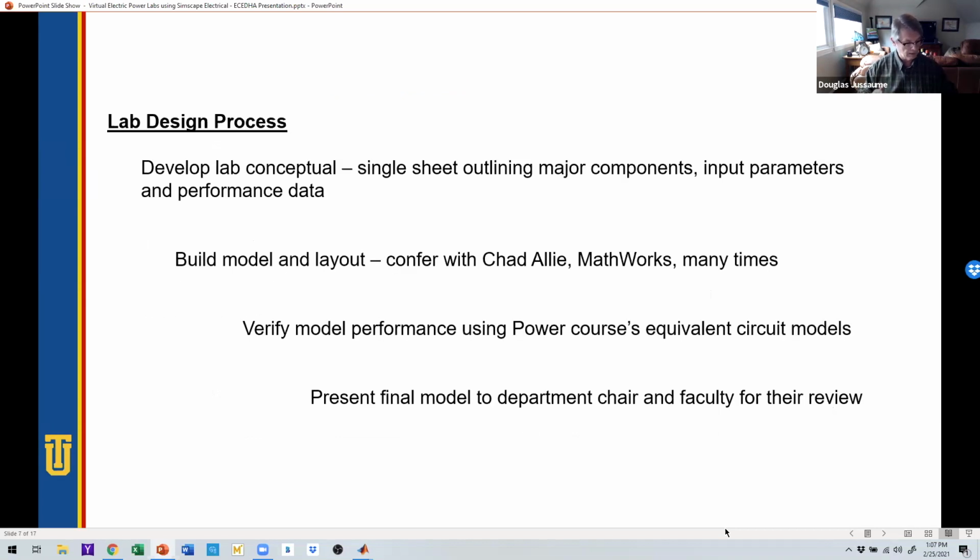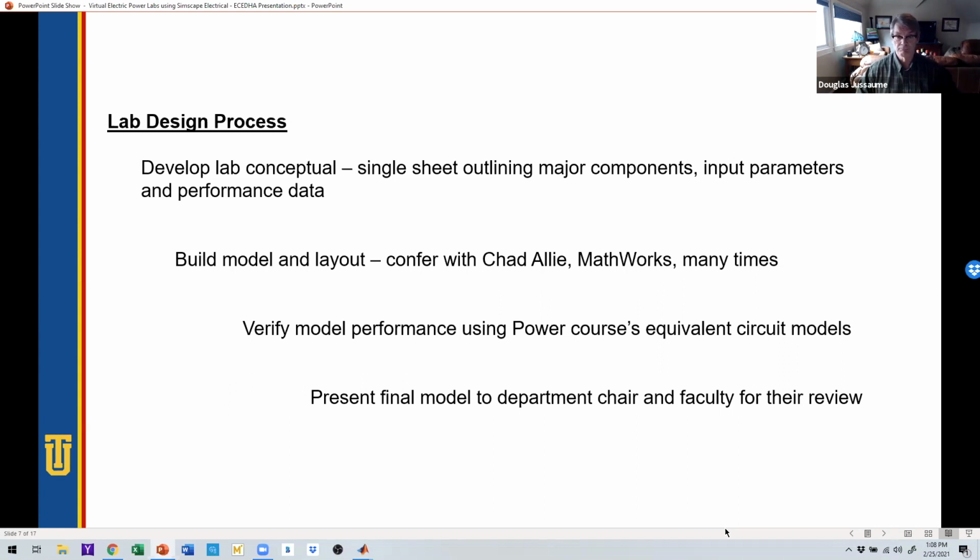So our lab design process, standard engineering design. We developed the conceptual design outlining the major components, input parameters, and performance data that we're interested in. Then we went into detailed design where we built the model and completed the layout. And of course, during this time, I spent a great deal of time conferring with Chad. In fact, we had a number of Saturday morning meetings trying to help me work through the different issues with